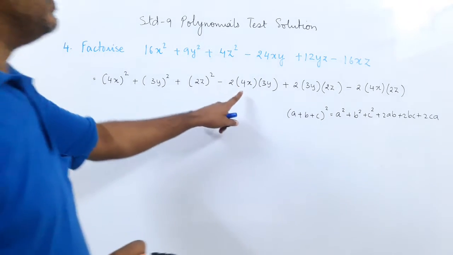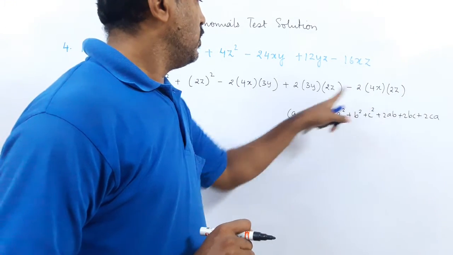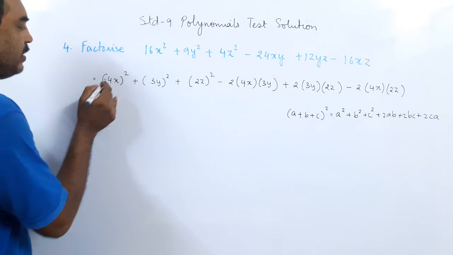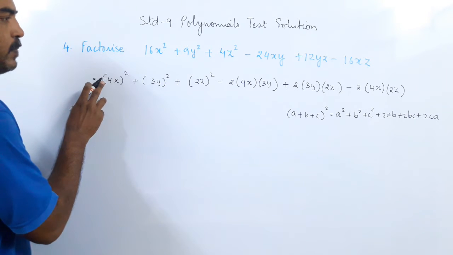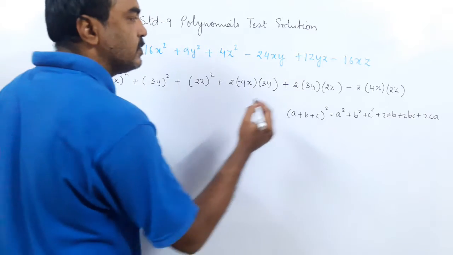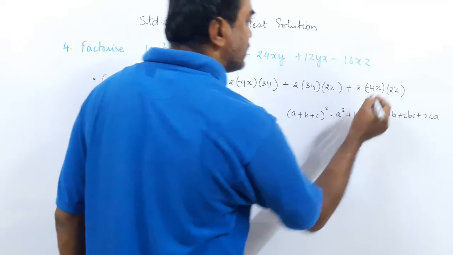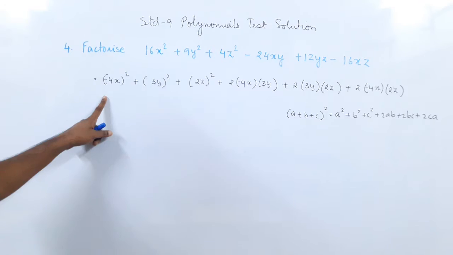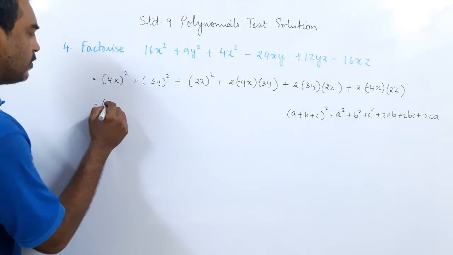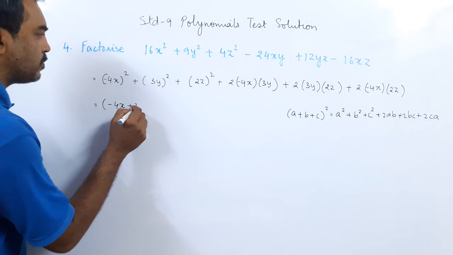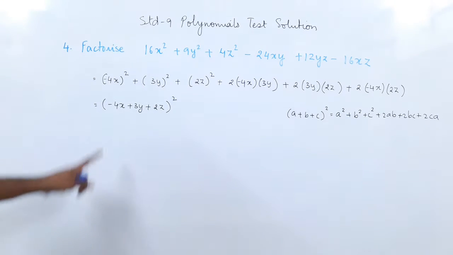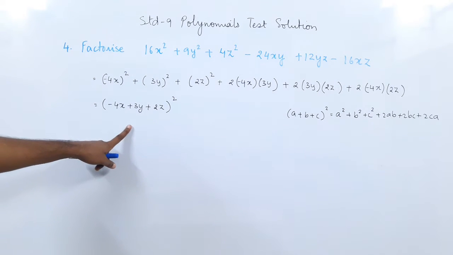There is a negative sign in x and x, or there is a positive sign. So what you can do, you can put a negative sign here. When you put a negative sign here, you become minus 4x, then I can put a plus here and a minus sign here, and a plus here and a minus sign here. Okay? So you got the minus 4 is negative. So you can write the answer as minus 4x plus 3y plus 2z the whole square. If you have got this as the answer, then also your answer is correct.